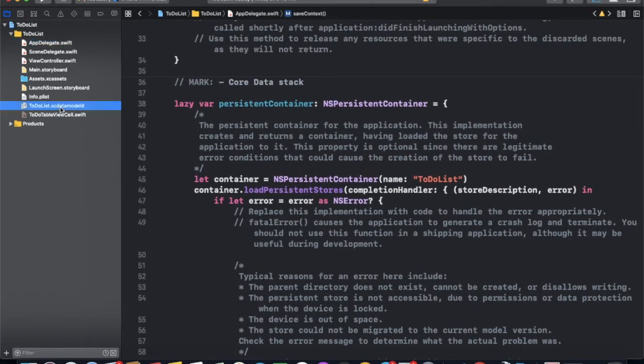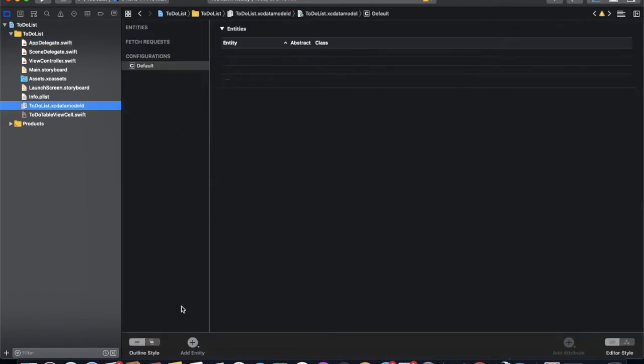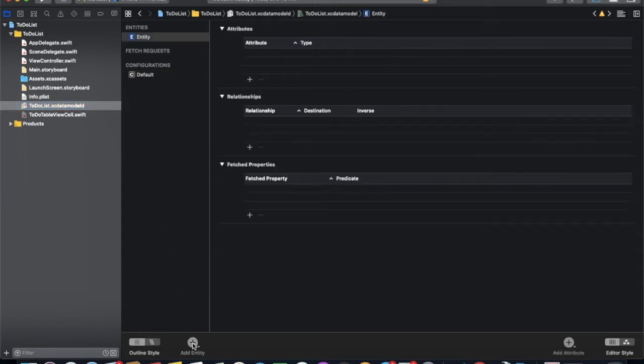Now we create a model. So create a model, add entity, click on add entity, name the entity to do task.